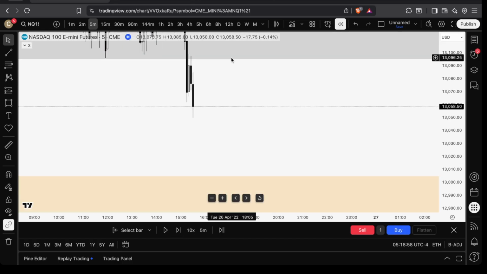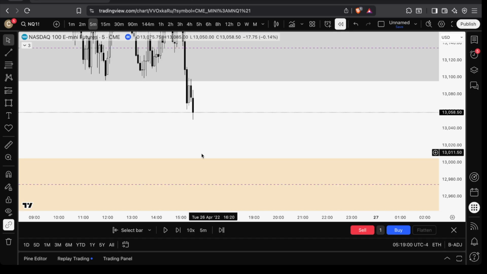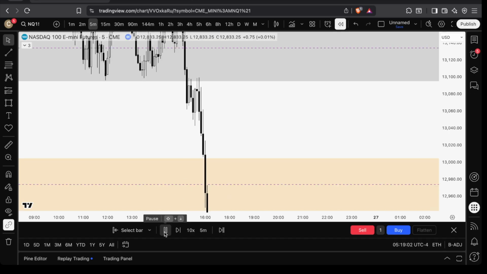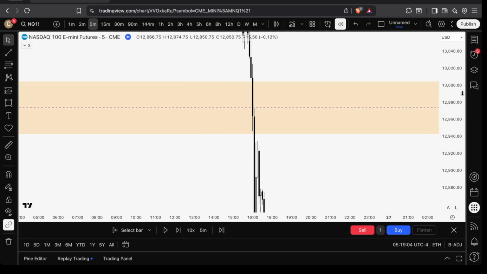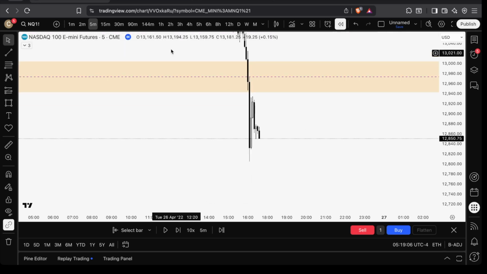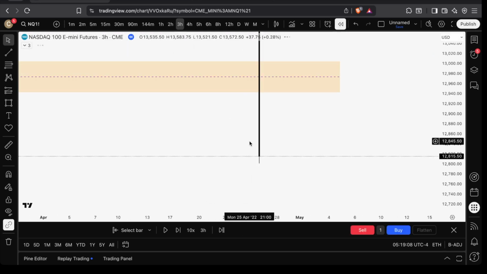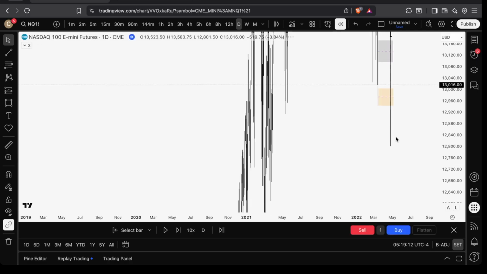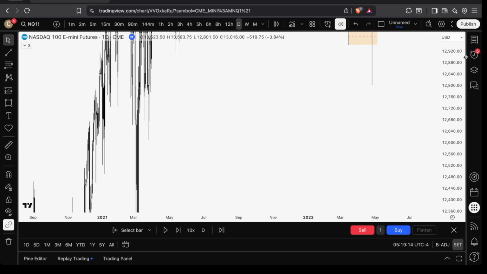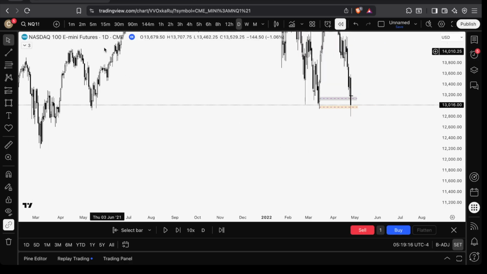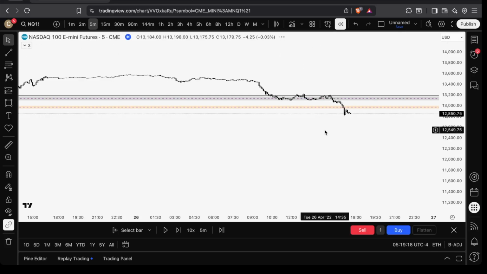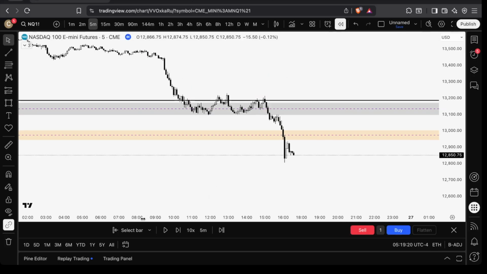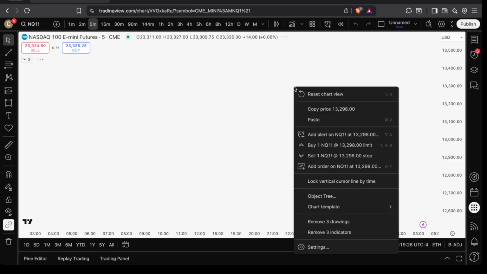But I want to see the price get into this level right here. So we completely disrespected the fair value gap. Let's look on a bigger time frame actually. There's nothing much happening right here. It's just going to be bearish. They opened up, but